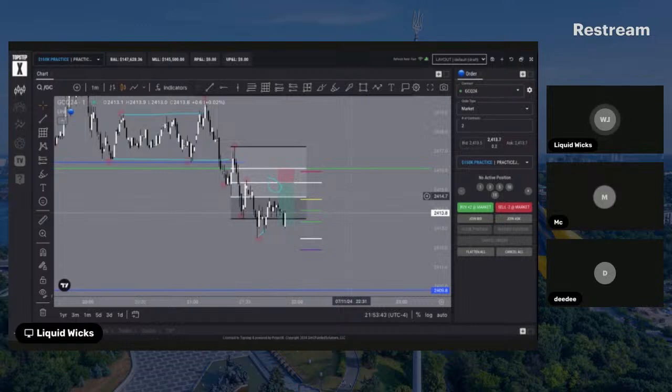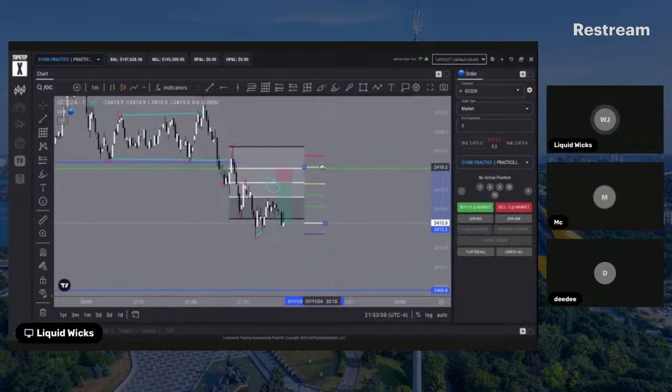You know what we really want is a nice impulsive move up, because the whole thing behind this tool is to put your entry by the zone, whatever zone it may be. If you get a deeper zone, then you have more RR on the table. So if we get a big impulsive bullish candle all the way up to this level, and we consolidate over here and have some type of reversal pattern, then